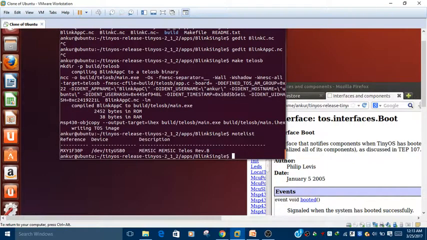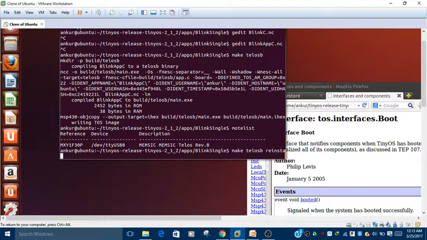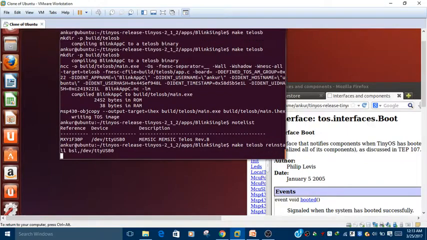Now I just run make telosb reinstall bsl, with the device name ttyUSB0.